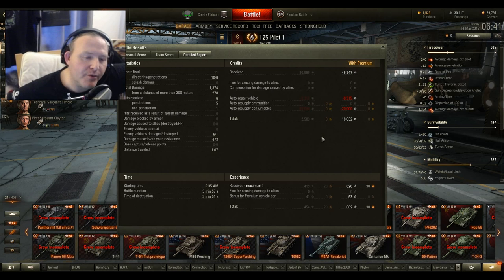You've got to think that this is in a city environment. This isn't its home environment. Its normal environment would be working a ridge. It's really good, like a Brit, working a ridge. So just to come away with 620 experience plus bonus, so almost 700 experience on a lost game,